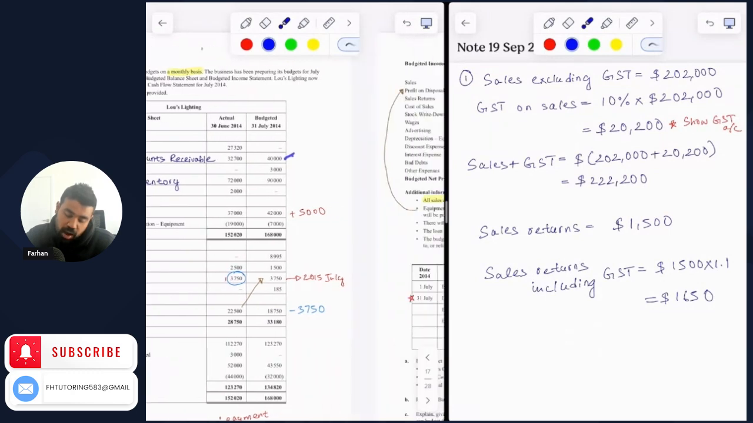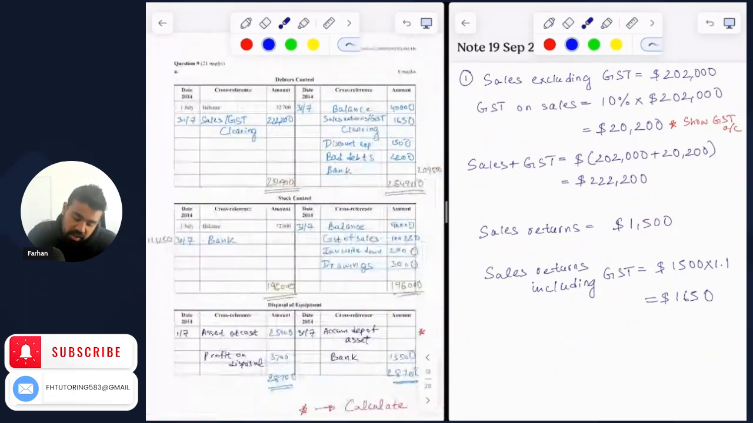So next we are including the sales, including the GST, on the debit side. And that is $222,200, which is what we calculated based on the workings we've done here. Then on the credit side, we're including sales returns plus GST of $1,650 because when we have sales returns, our